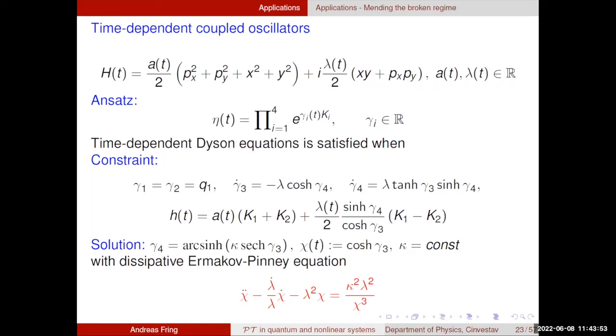So how this is done is another story. I don't want to go into details. There are lots of techniques to deal with this, but you can imagine it's many degrees more complicated than the time-independent case, because now you also have to satisfy differential equations for these time-dependent coefficients within the Dyson map or the